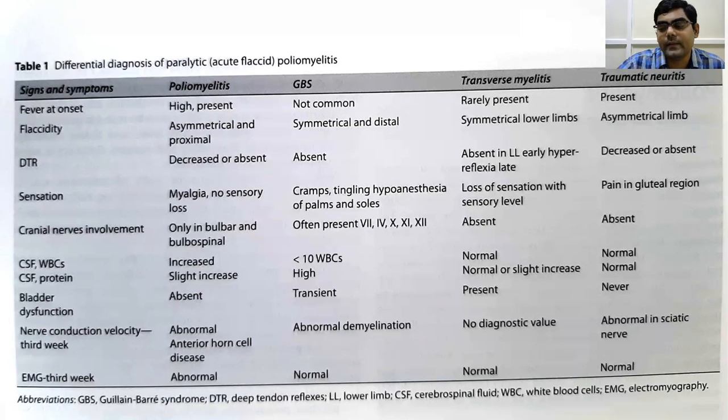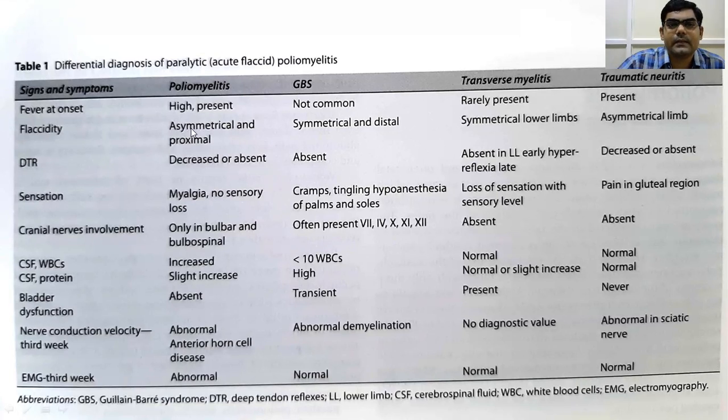Major phases, and sometime after that we get minor phases, and at that time there will be a high grade fever. In GBS, it is not common. But mainly we'll see these 2 different conditions, because the examiner will ask these 2 mainly. Transverse myelitis will come to know some accident. Traumatic neuritis also will come to know because the child has fever, he underwent some procedure. Okay, so we will go through these 2 differences.